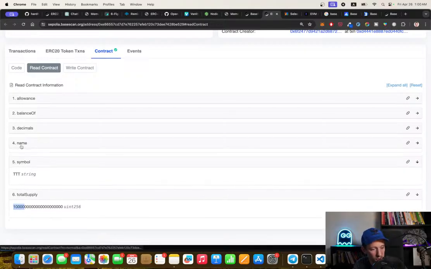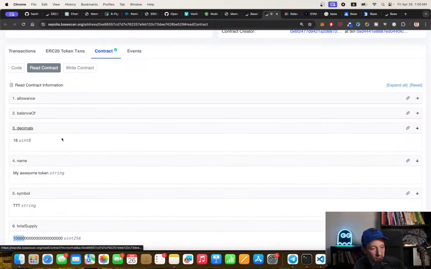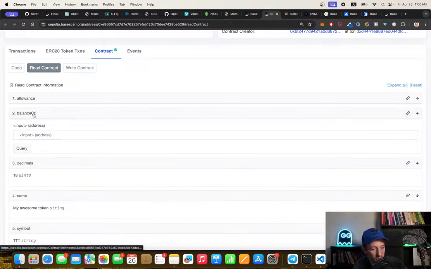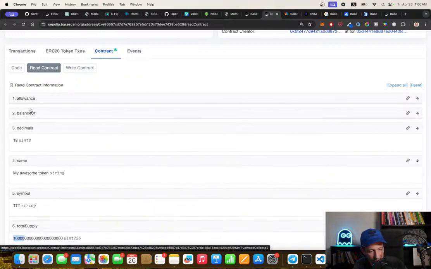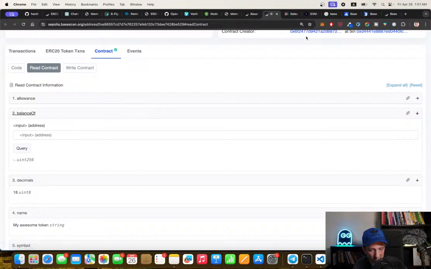Symbol, TTT. Name, my awesome token. Decimal 18. Balance of, this is the function, so we need to give it an address. So for example,